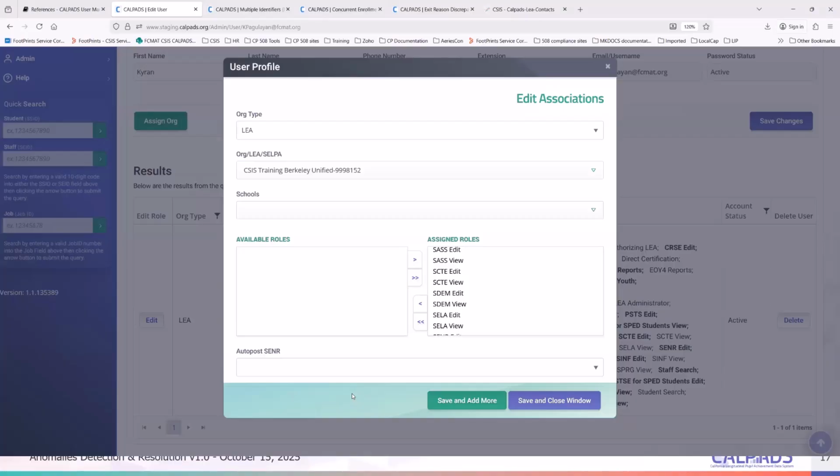You could either delete their account or just access their account and remove all the roles. Because if you don't do that, they would still be listed as the anomaly contact in the anomaly contact modules, right?